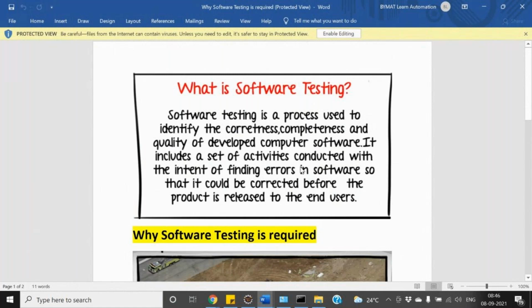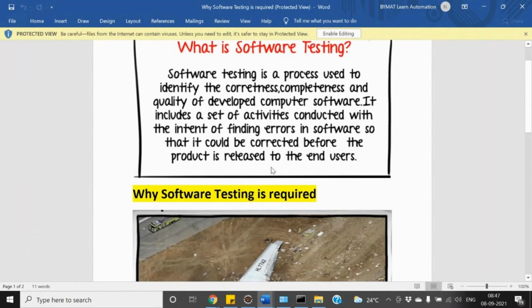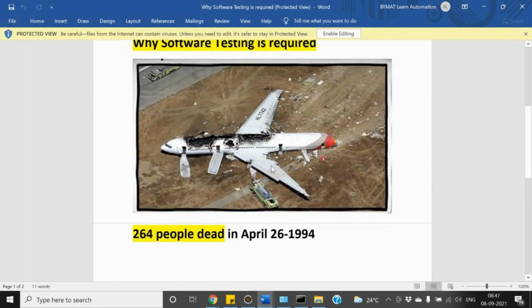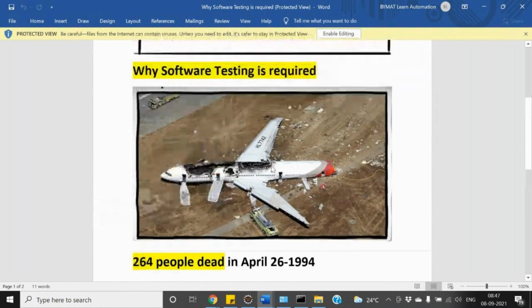Software testing is very important in terms of IT, or any software, isn't it? If there is a bug, a small bug can lead to a huge loss. So whenever we are using software, it is very important to test it, because it may be directly proportional to human life or money.